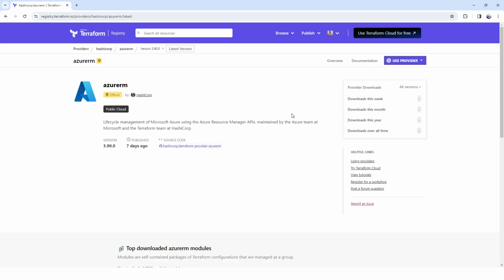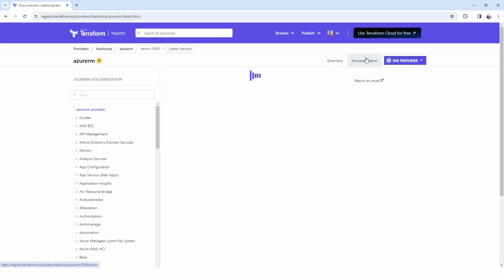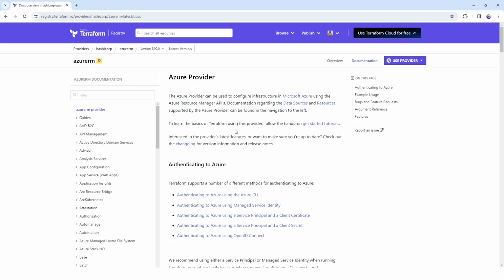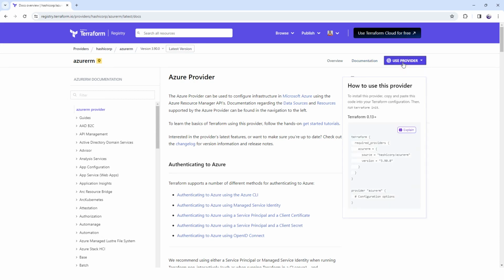So let's click. As I click here, I get to see tabs, basically overview, documentation, and providers, right? If you want to know more about a resource and how you can create it, you can go through all the documentation available. That is the Azure provider, okay? And I'm going to select the provider that is of interest to us. So I will copy this one. Once I copy this one,